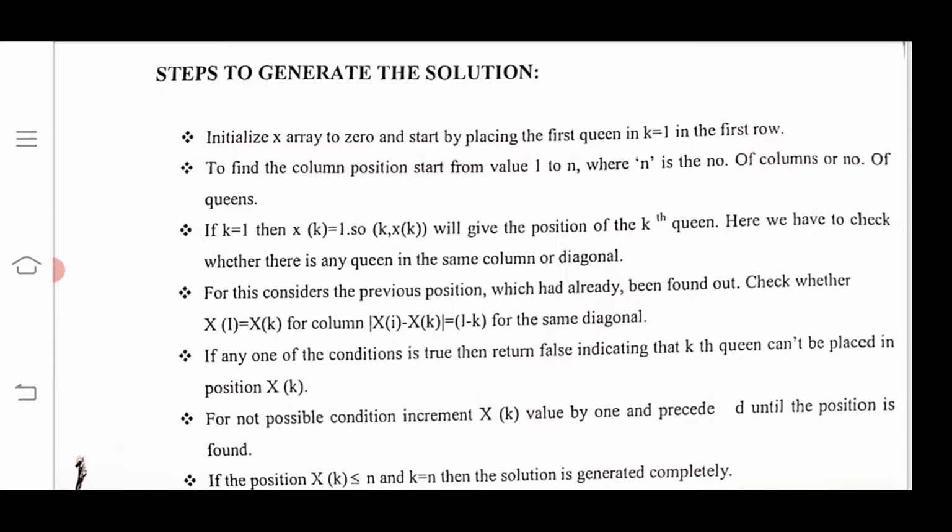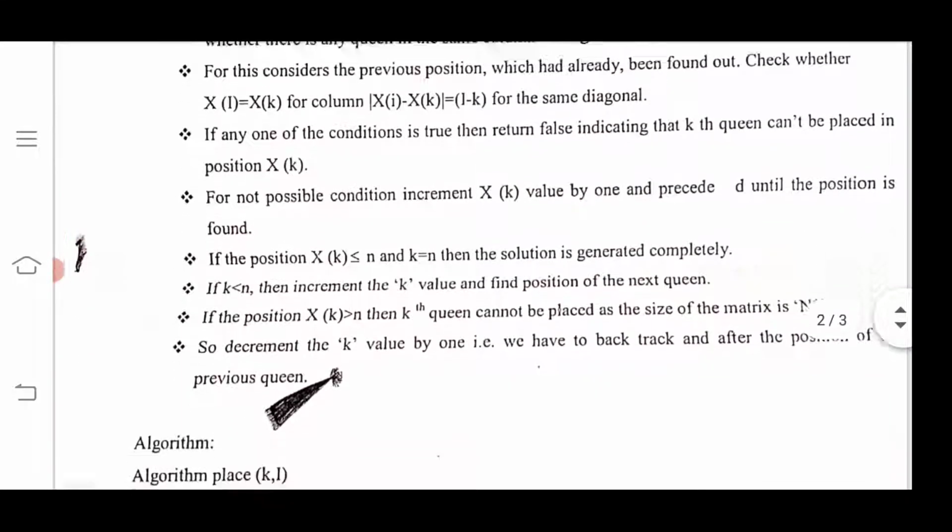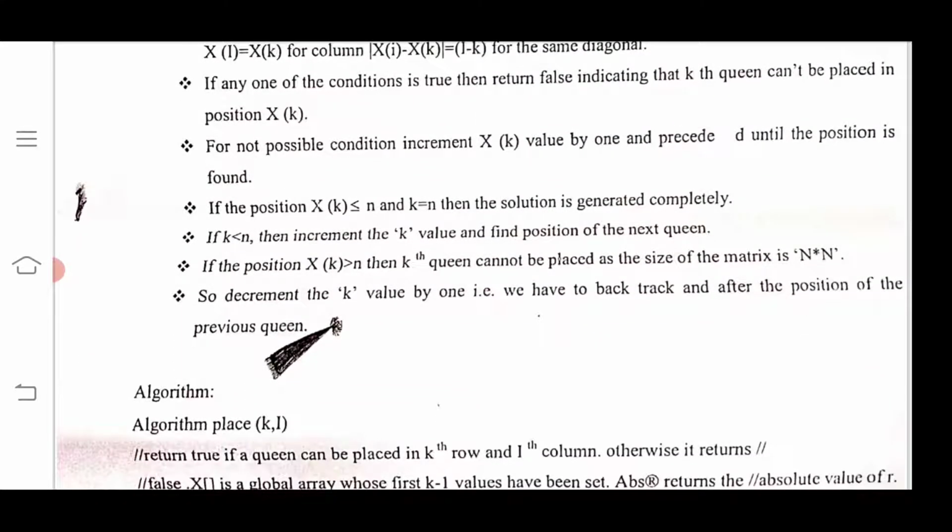For the not possible condition, we increment the x of k value by 1 and proceed until the position is found. Next, if the position x of k is less than or equal to n and k equals n, then the solution is generated completely. If k is less than n, then increment the k value and find the position